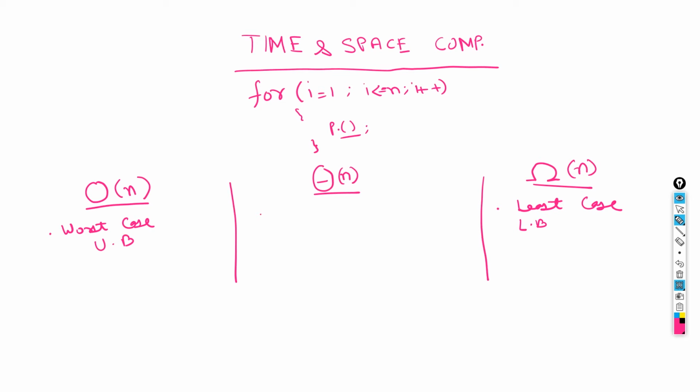So what is this theta? As you can see, this is the worst case, or the upper bound, this is the least case, or the lower bound. So this is the average case, or the expected time taken by this code snippet. Let's say if this is the code snippet, what are the three values for this? Whenever we ask for the time complexity of a code snippet, we generally respond in terms of big O, because we are only concerned about this. We are not concerned about what is the exact time and what is the least time. We are only concerned with the maximum time, and this is what we are going to optimize.